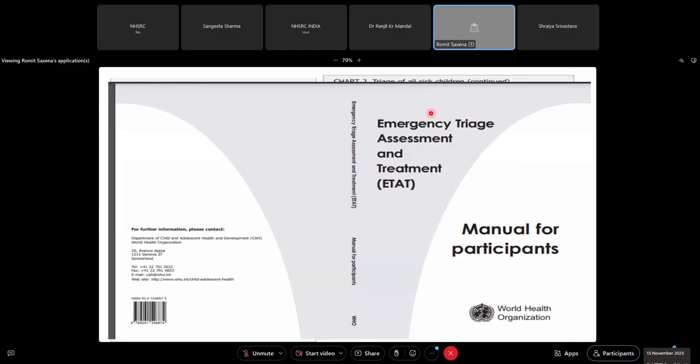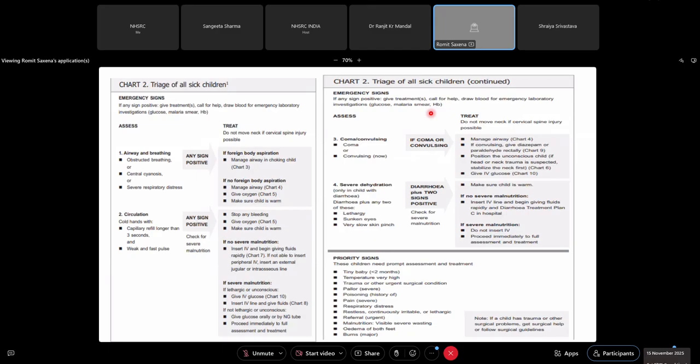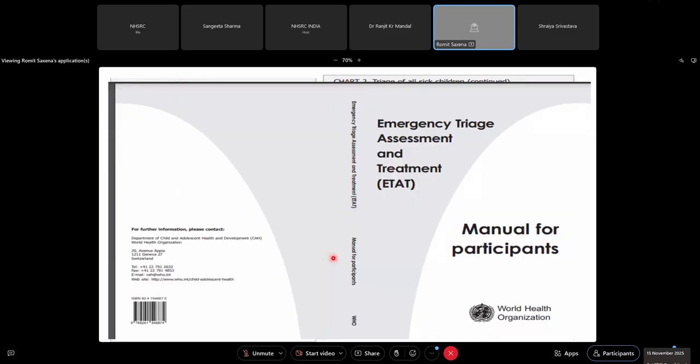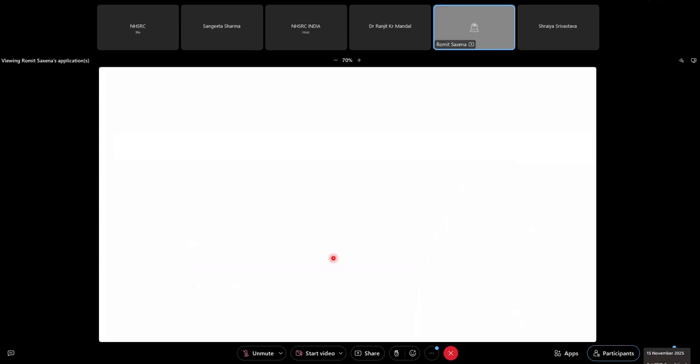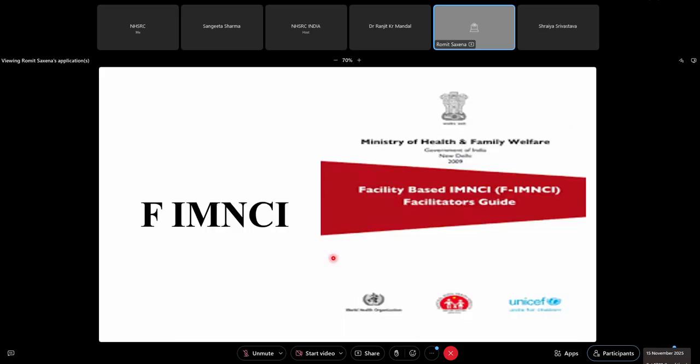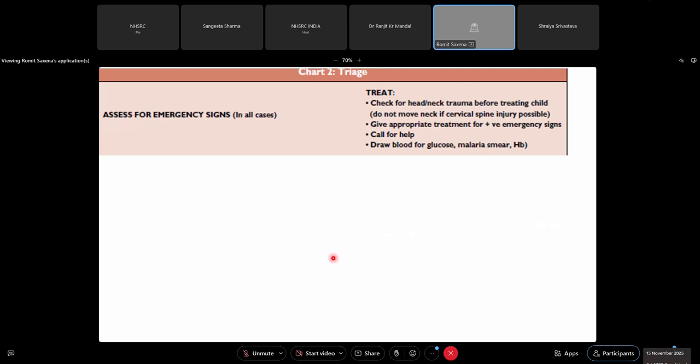So what we did was we assessed the patient for emergency signs: airway, breathing, circulation, coma, convulsion, and dehydration. We identified the priority signs, and then we saw these patients are the sickest, and we started treatment. Whether it be a staph infection, droplet transmission, pneumonia, or airborne infection, the management will be the same. Going on, a lot of you may have done IMNCI.